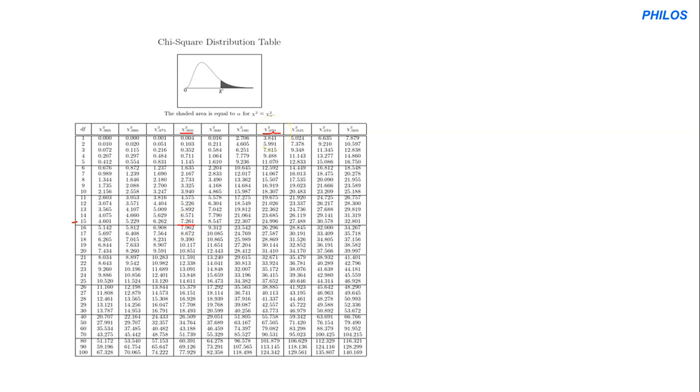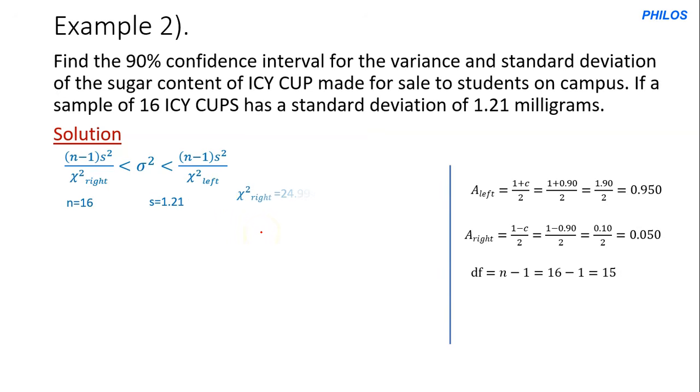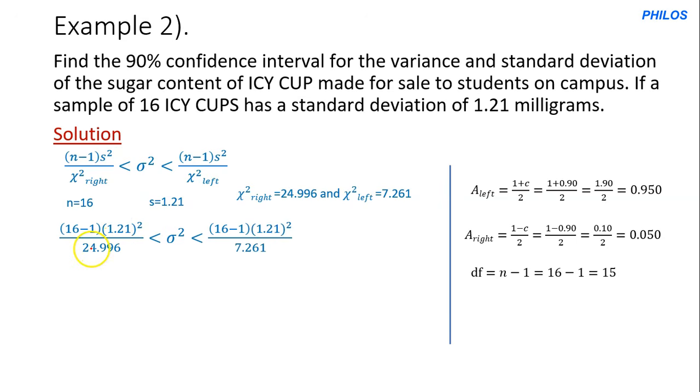And then let's check the area to the right against the degree of freedom of 15. We get 24.996, and this is the chi-square right. So our chi-square right is 24.996 and our chi-square left is 7.261. So let's substitute that into the formula. So we're going to have 16 minus 1 multiplying 1.21 square divided by 24.996 less than population variance less than 16 minus 1 multiplying 1.21 square divided by